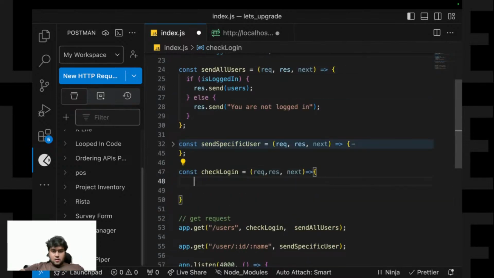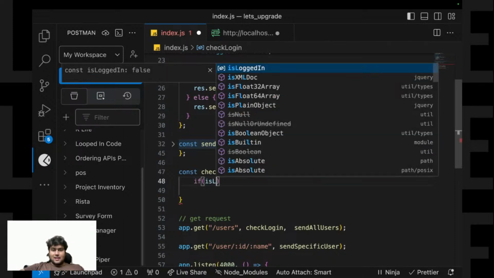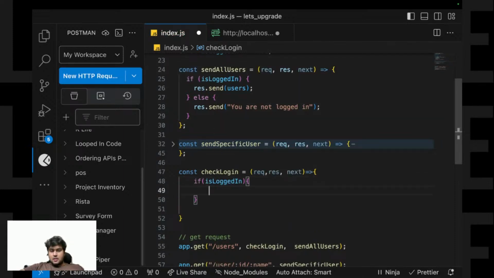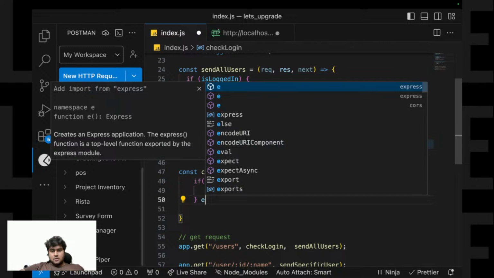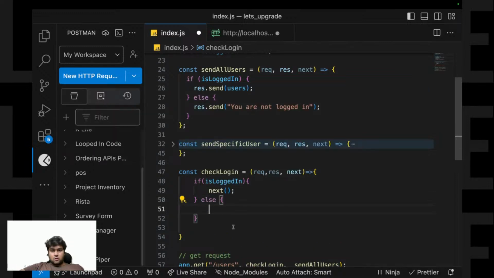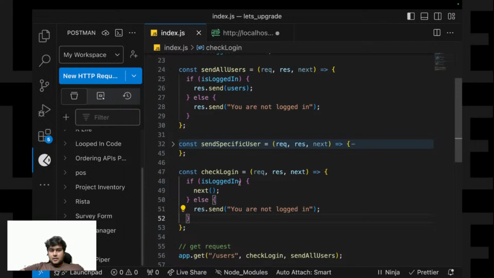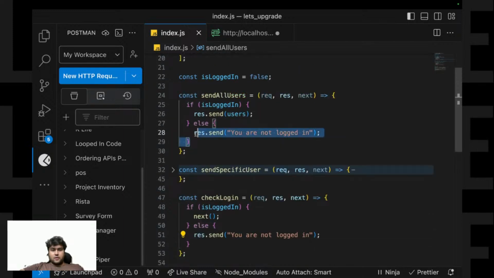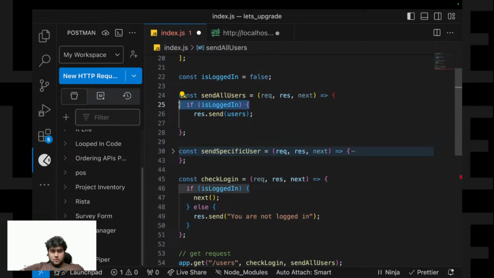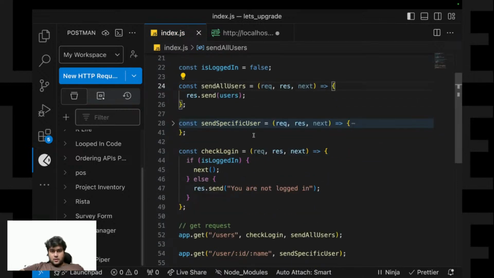If isLoggedIn, I'll say next. Else, I'll simply say you are required to log in. And I'll clear this login statement from this. Same, I'll do it for this.